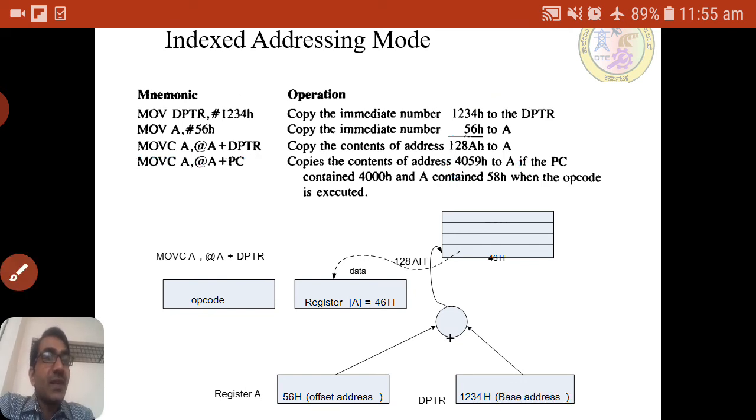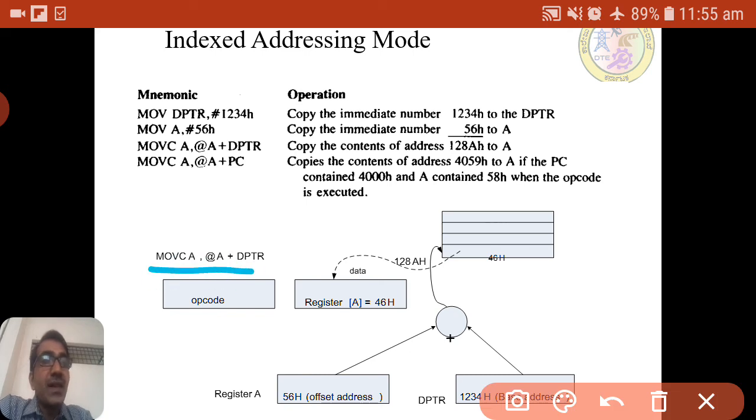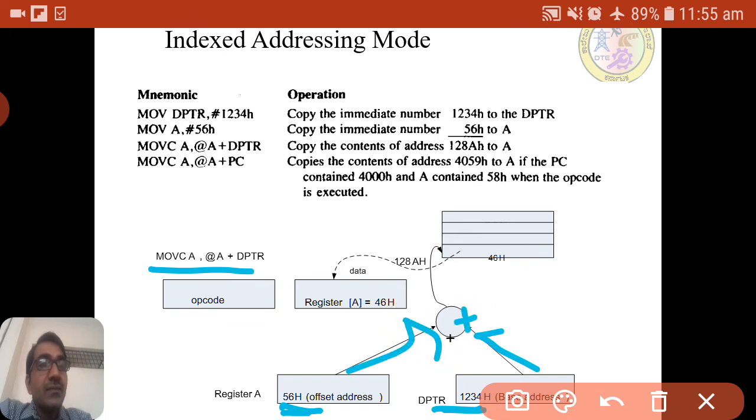The same thing is shown in the diagram. The 56, the content of A, and the content of DPTR, 1234, both will be added together. It will form the address 128A, pointing to that memory location.